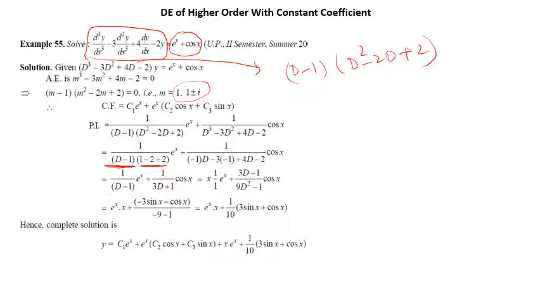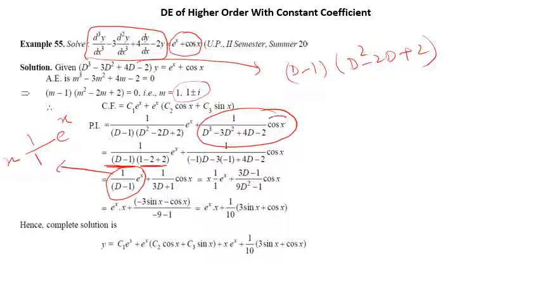Then what we have to do? Multiply by x for this term. Multiply by x, differentiating this with respect to D, on e to the power x. Right? And here what you have to do,